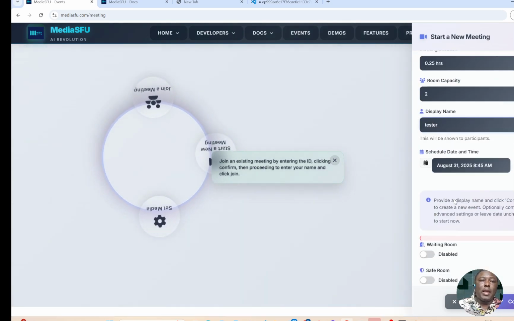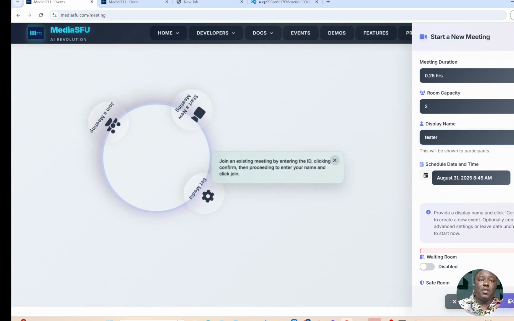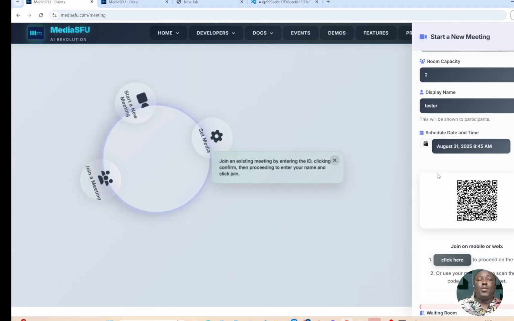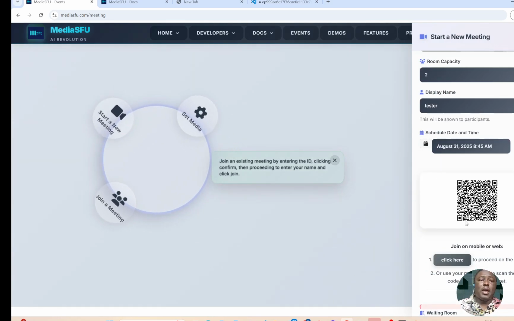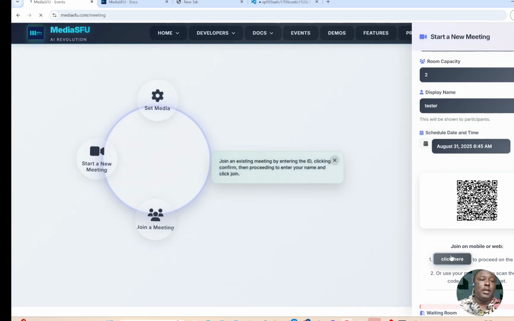And I can just proceed. You have a couple of options you would probably want to configure. I'm just gonna proceed with confirm, and you should have a meeting created for you that you can scan if you're using any of MediaSFU's SDK, or just proceed with click here to get to the endpoint. So if I hit click here,